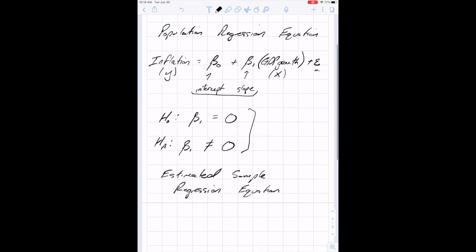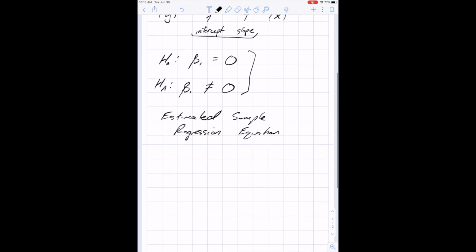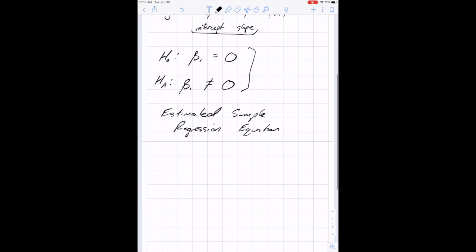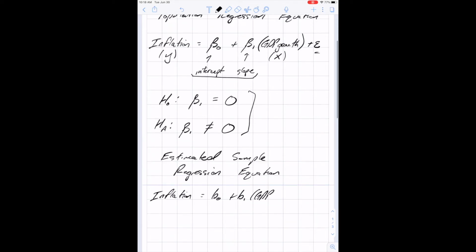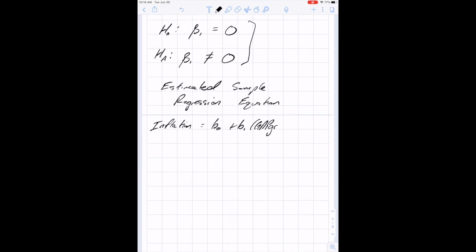And so just like before, we went from mu to x bar, we're going from betas to b's. So our estimated sample equation line will be inflation equals b naught plus b1 times GDP growth plus our sample errors, also known as residuals. So these are the same components, y, x, except now this is a sample slope because it's our sample estimate, and this is our